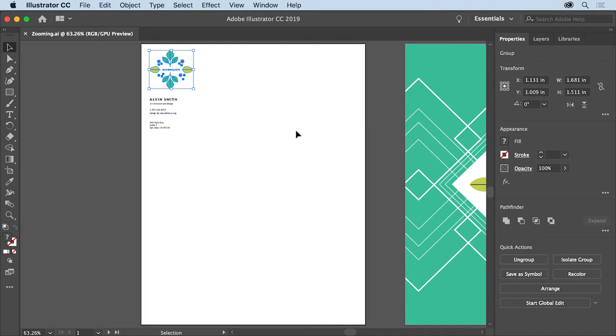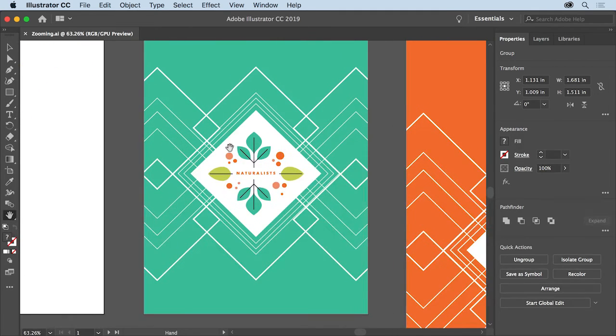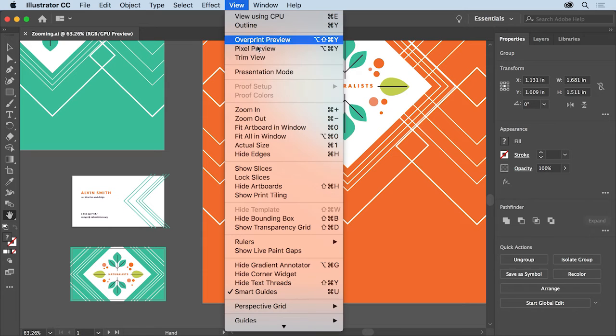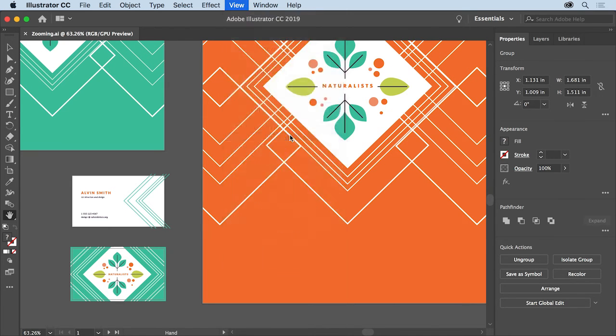Now, suppose you're working on content on this artboard, and then you realize you need to edit artwork on another artboard. You can do that by panning or dragging within the document window with the Hand tool. So in the Tools panel on the left, press and hold on the Zoom tool and select the Hand tool. Press and drag in the document window to move around. It's kind of like moving a piece of paper on your desk, but digitally. To see all the artboards and the artwork again, you can choose View, Fit All in Window.